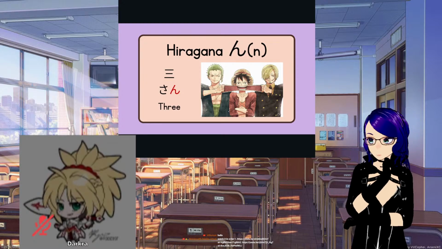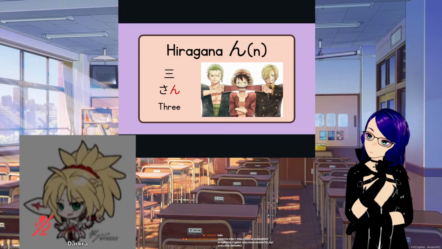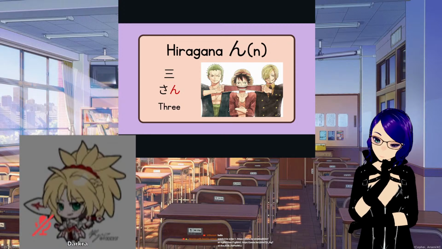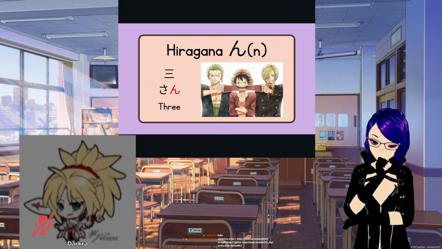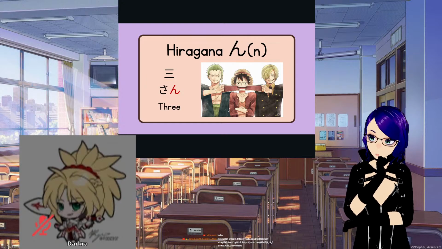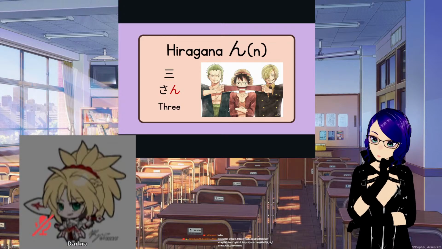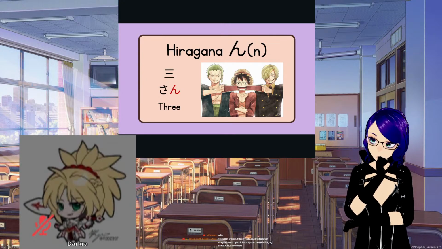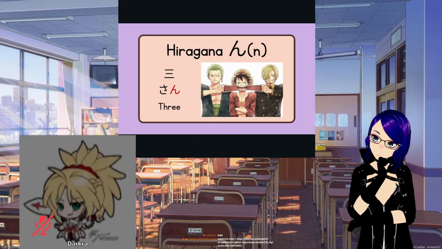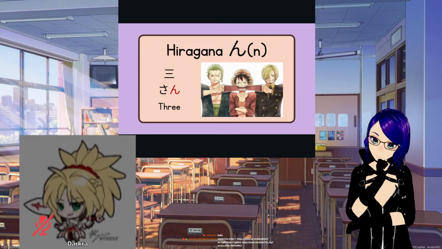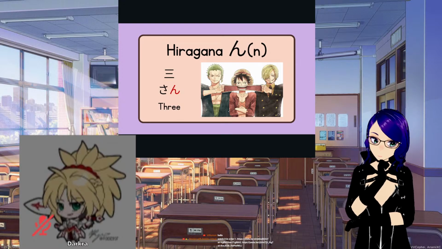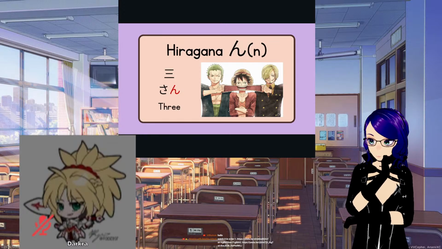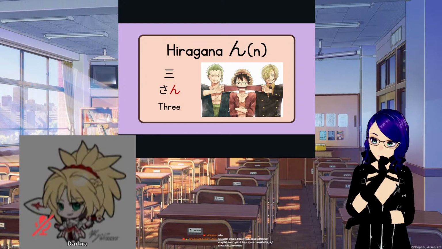Okay, if you guys are actually interested to know 1 to 10 in Japanese, 1 is ichi, 2 is ni, 3 is san, which is this one, 4 is yon, you saw that earlier, 5 is go, 6 is roku, 7 is nana, 8 is hachi, 9 is kyu, and 10 is ju. Just know that 4 and 7 have 2 different readings as well. 4 is commonly more known as yon, but it can also be shi. 7 is more commonly known as nana, but sometimes it's shichi.